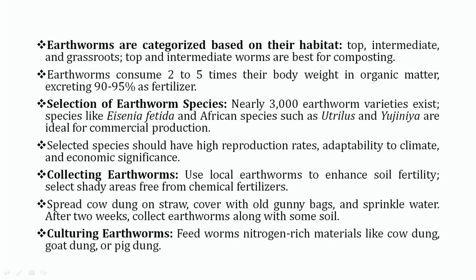So earthworms are categorized based on their habitat: the top dwelling, intermediate dwelling and ground dwelling. So the top and intermediate worms are treated as best for composting. An earthworm consumes around 2 to 5 times its body weight in organic matter, and excretes 90 to 95%